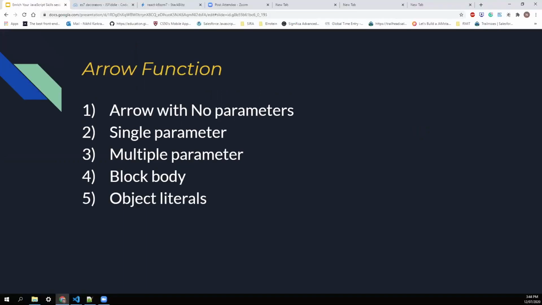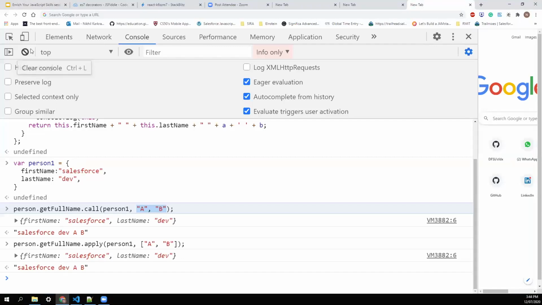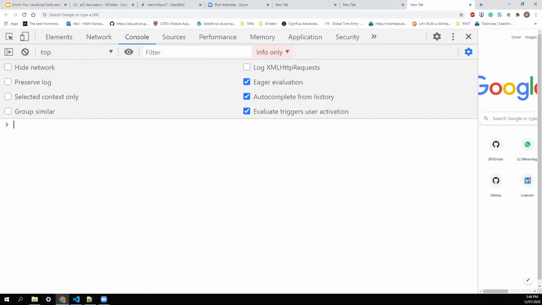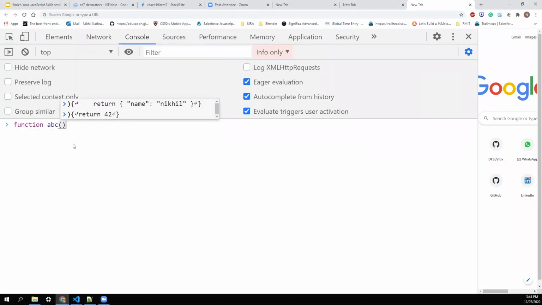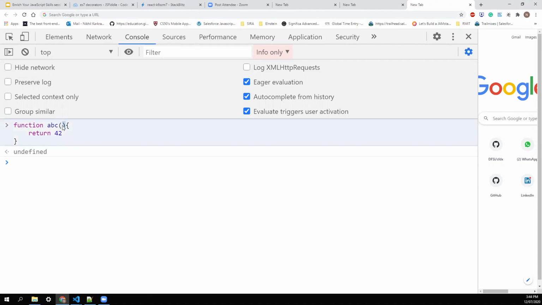Okay. So first we'll go and see what is arrow function. I'll clean this up. And for arrow function, okay, so first I'll create a normal function that everybody knows now. This is the function. I'll try to relate the normal function with the arrow function, okay? And this function returns 42. So this is a basic function with the function name and returns a value 42. And this function doesn't carry any arguments here. So what I'll do is I'll try to convert this into an arrow function.